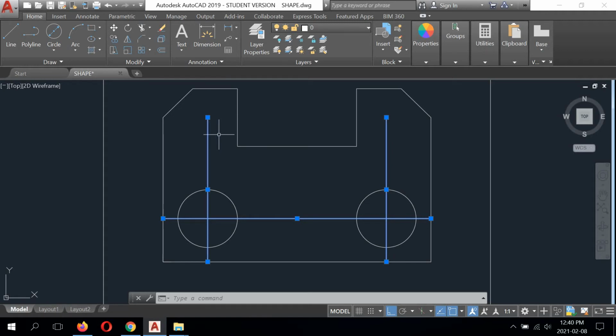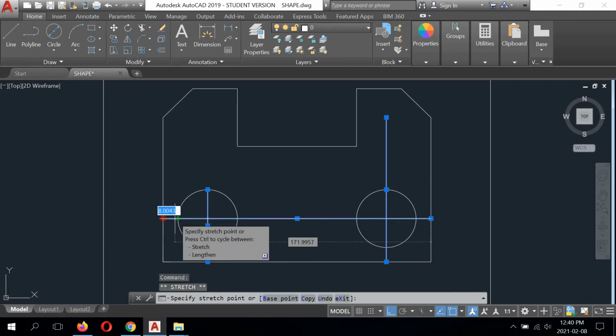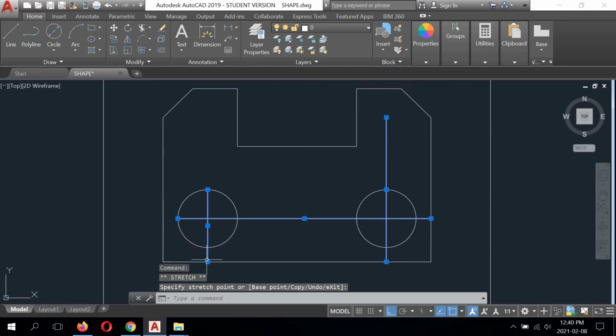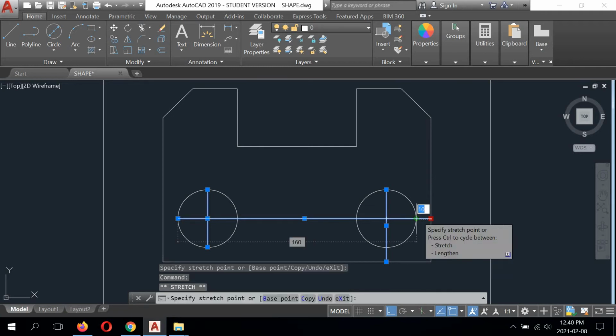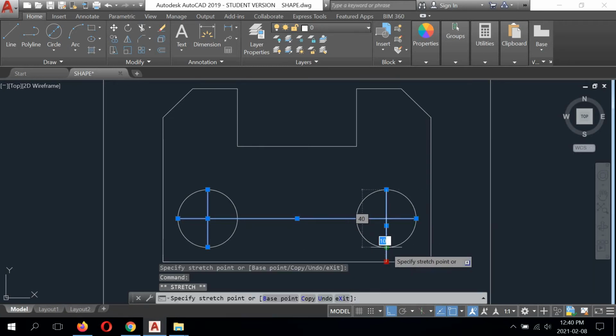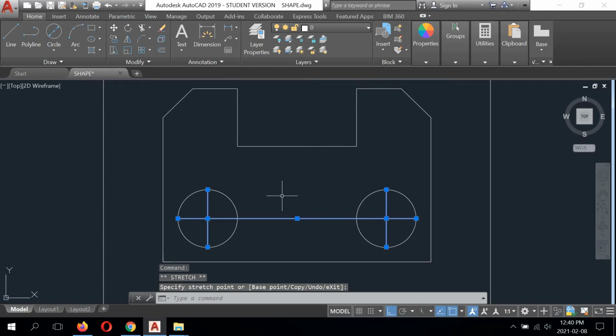And what I can do is just grab the line at the grip, and I can bring it down and snap it to the quadrant of the circle. And I can do the same thing with this one to the quadrant, from here to the quadrant, and so on. All right, once I've done that,